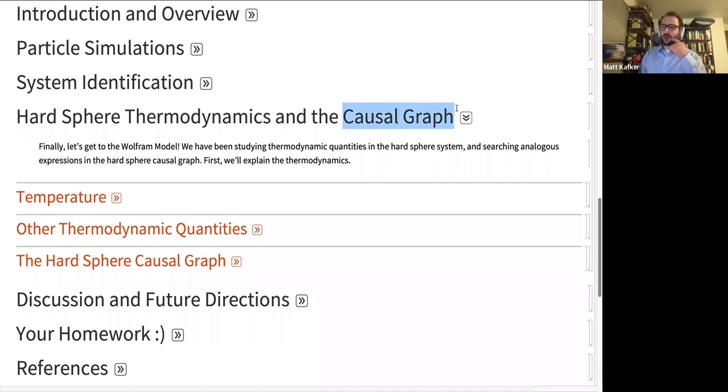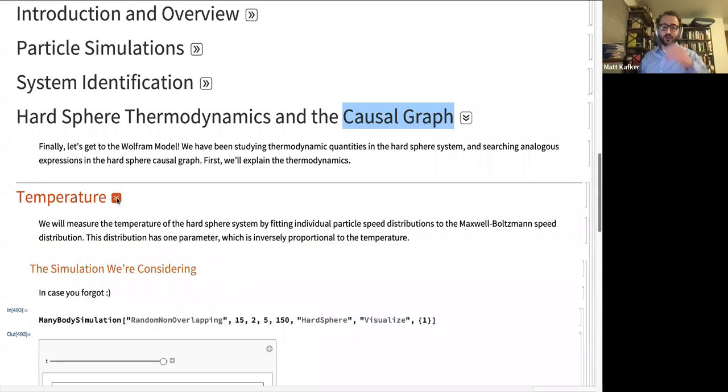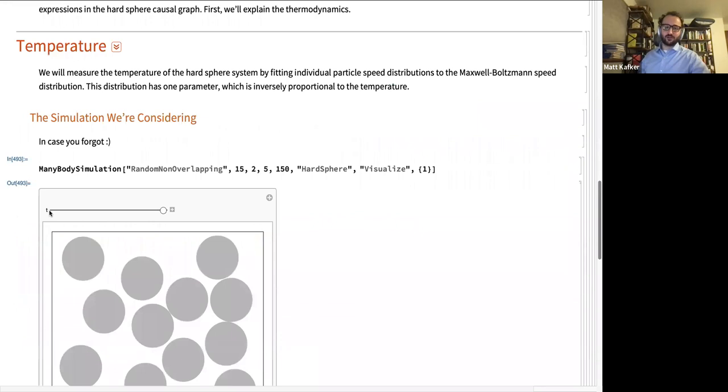We're going to construct a causal graph from the hard sphere system, and we're going to see what we can make of that essentially. And Xerxes and I believe that this is actually a pretty cool thing to be thinking about. And it's sort of Wolfram physics inspired, and it has the potential to provide valuable feedback to the Wolfram physics project itself, while being in this actually relatively conservative domain of these sort of hard sphere simulations that we've been talking about. So we're basically going to be talking about temperature, although we want to do all of thermodynamics. We just haven't made enough progress to do all of it.